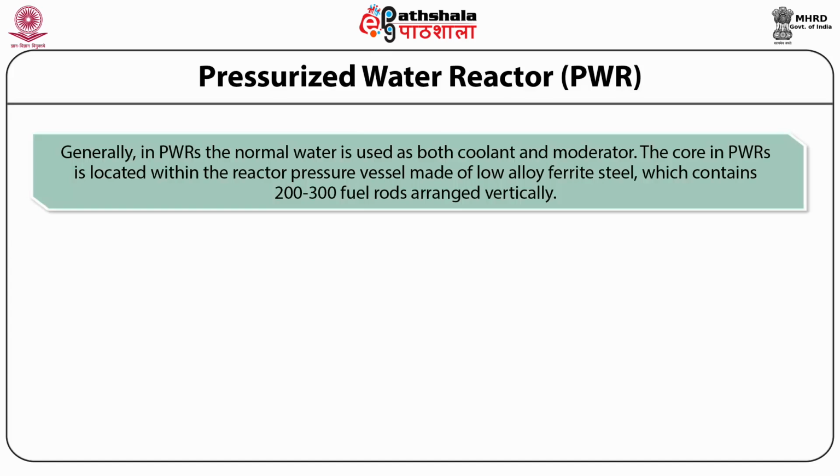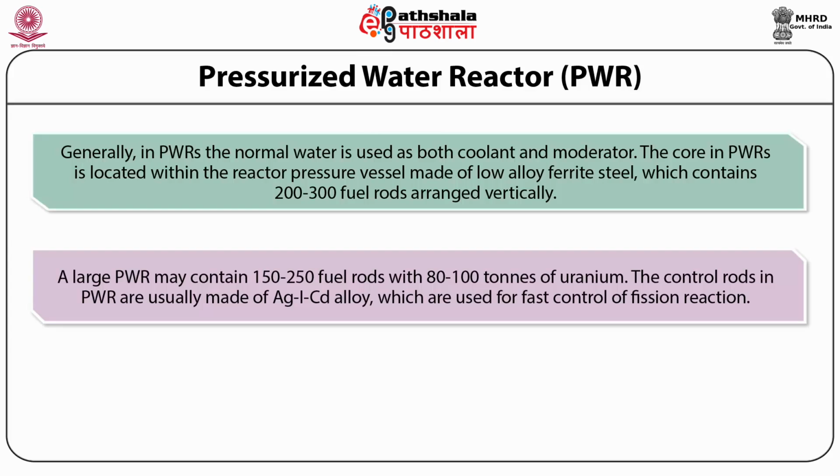The core in PWRs is located within the reactor pressure vessel made of low alloy ferritic steel, which contains 200 to 300 fuel rods arranged vertically. A large PWR may contain 150 to 250 fuel assemblies with 80 to 100 tons of uranium. The control rods in a PWR are usually made of silver-indium-cadmium alloy, which are used for fast control of